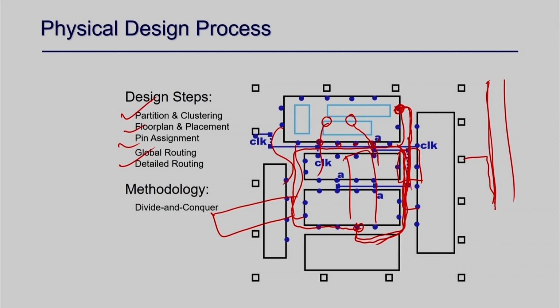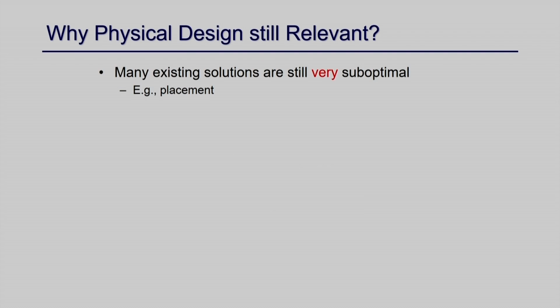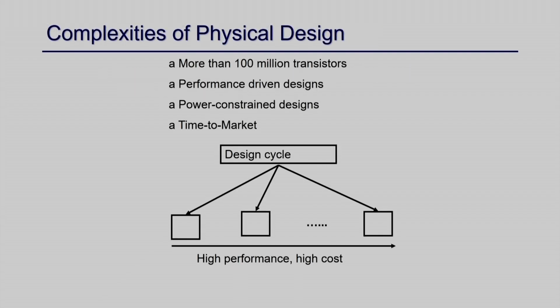But physically you can understand that with 100 million transistors, it just won't work, right? So in most cases you have a lot of heuristics. That's why in physical synthesis you find a lot of approaches. They are all heuristic-based, because exact solutions are not scalable. You always have to think about some heuristic which is logical and works for most cases, right? So there are a lot of variations of the algorithms available for each subtask, and it might cover the whole semester just to discuss physical design, right? That is also part of the complexity of physical design.